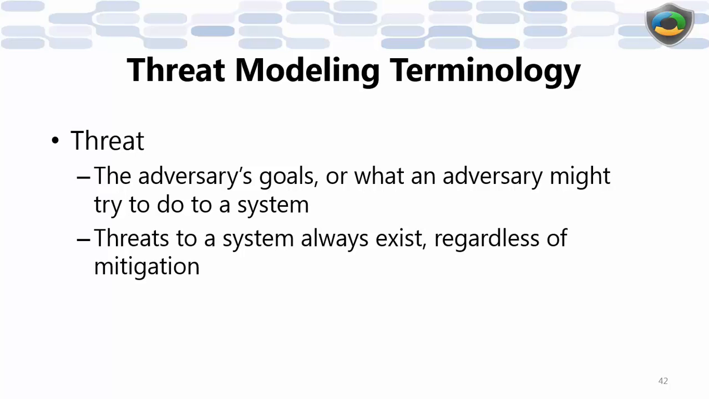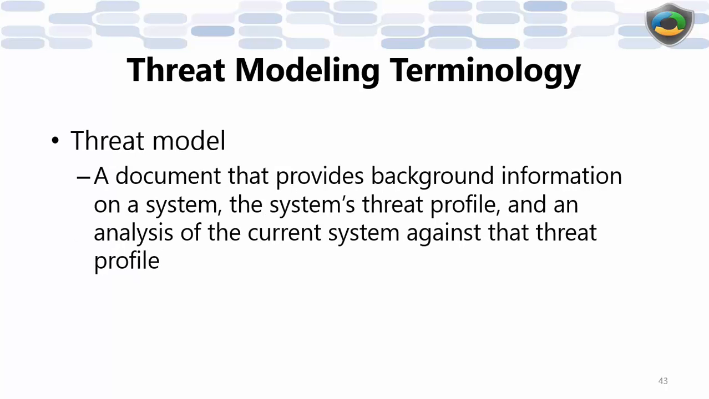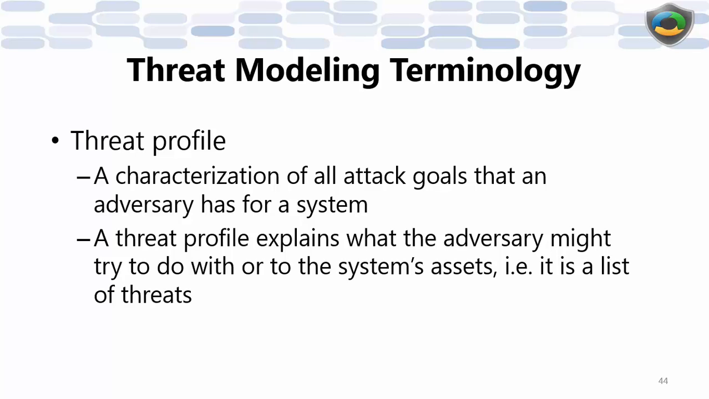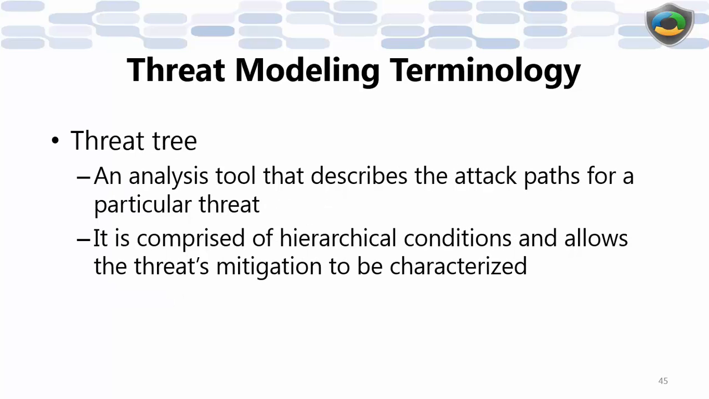A threat, the adversary's goals or what the adversary might try to do with the system. Threats always exist. Threat model, a document that provides background information on a system, the system's threat profile, and an analysis of the current system against that profile. So the profile, a characterization of all the attack goals that an adversary has for a system. Threat tree, this is an analysis tool. It can be visual, it can be textual in nature, and it shows all of the hierarchical conditions